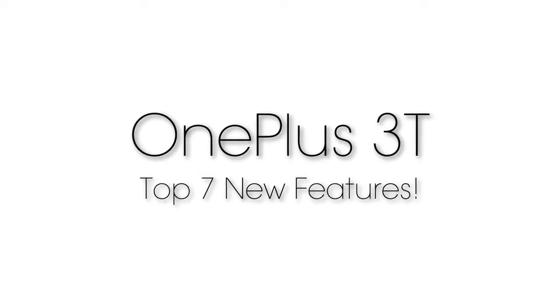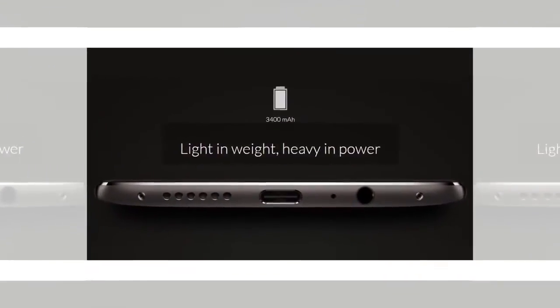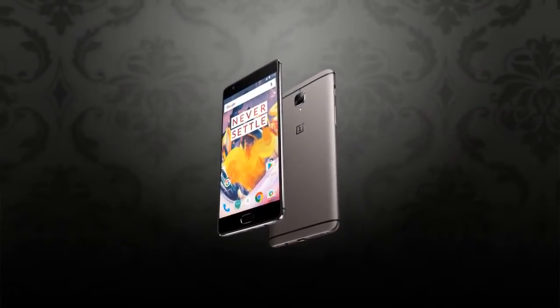OnePlus 3T, Top 7 New Features. Number 1, Larger Battery. If there was one area where the OnePlus 3 fell short, it would definitely be battery